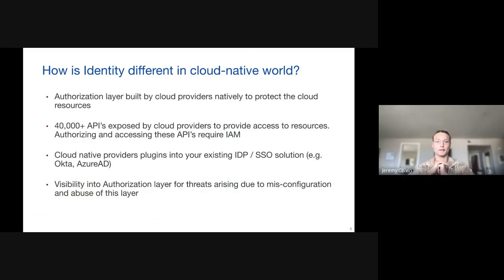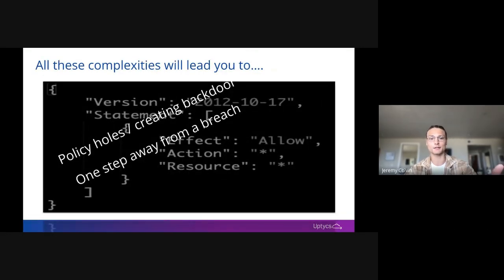No, that's really helpful. And hearing even just that term, 40,000 APIs, it's crazy to me just how many layers there are to this identity mesh in a way. And if you're not familiar with it, how do you even begin to tackle this? This is an interesting slide here, talking about an exploitation of this authorization layer you're talking about. Someone new to identity security might not be familiar with the scenario shown here, which is essentially a wildcard, allow-all-access resource. So I'm curious about walking through the ramifications of a scenario like this.